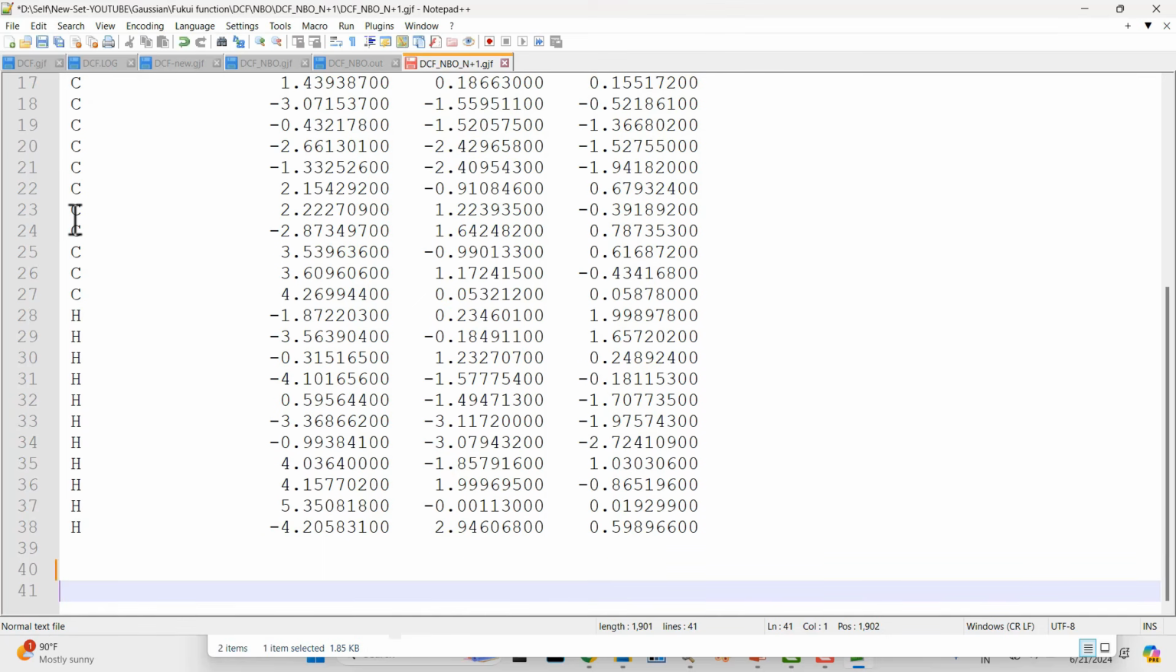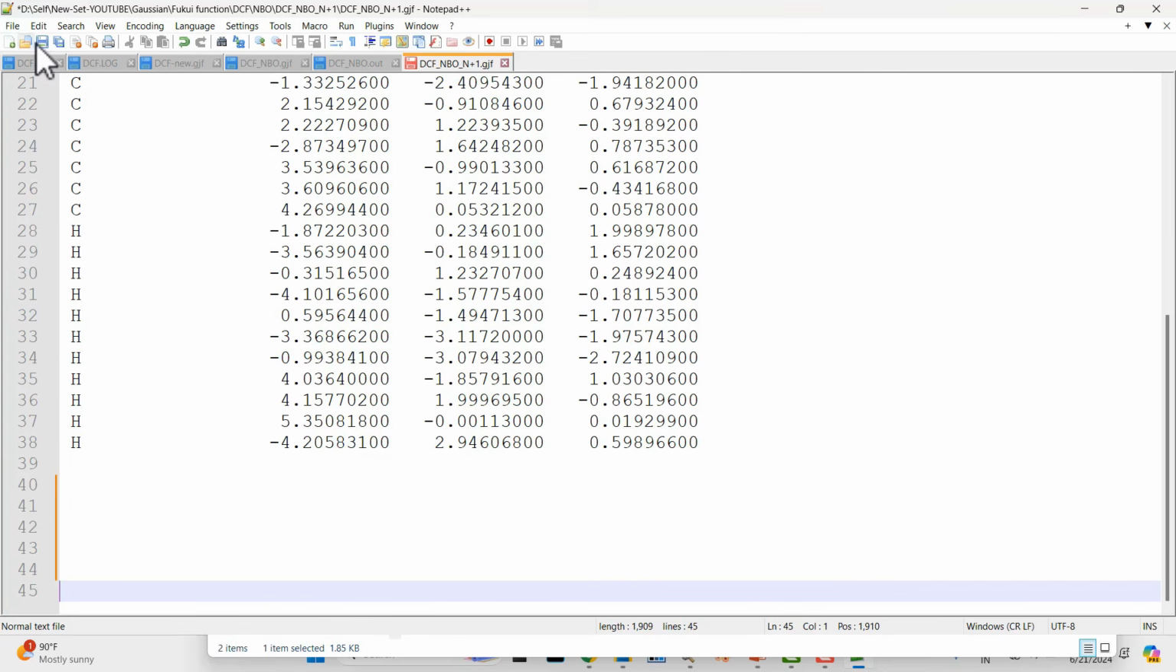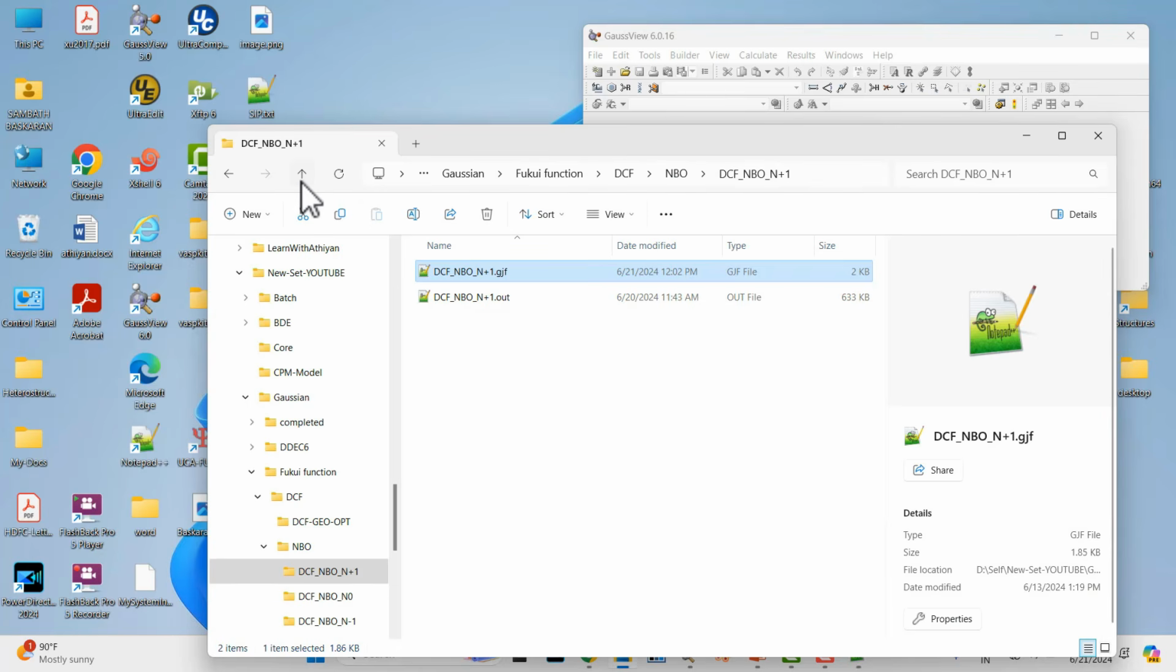So then you have to give some spaces, then you can save it. So you can submit this calculation. This calculation also will finish within 10 to 20 minutes. So likewise, you have to do one more calculation, that is